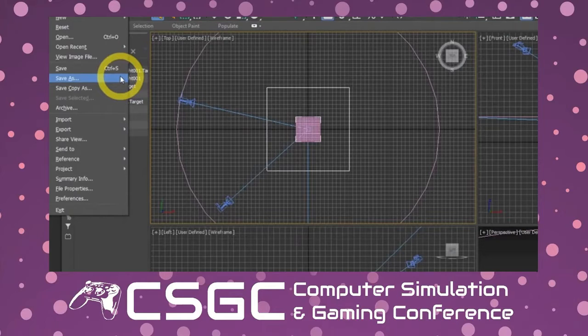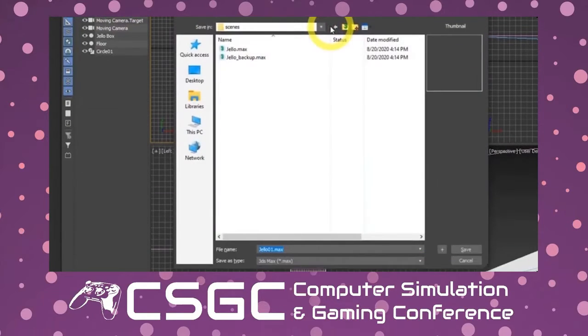So this project that we just opened up has already been saved, but let's say I made some changes and now I want to save it a second time. I don't want to save over the current version. Instead, what I'm going to do is Save Copy As. And you'll notice that down here in the file name, it opens up the File Save As dialog, and it takes the scene name that we've already created and simply puts a 01 after it.